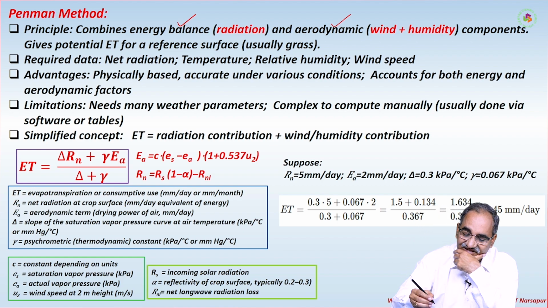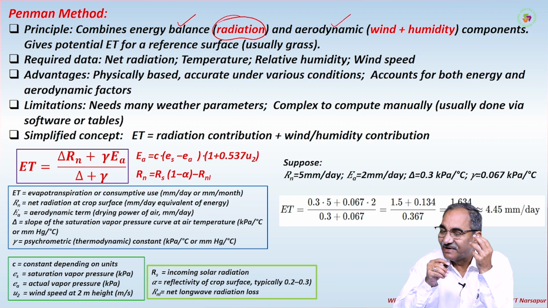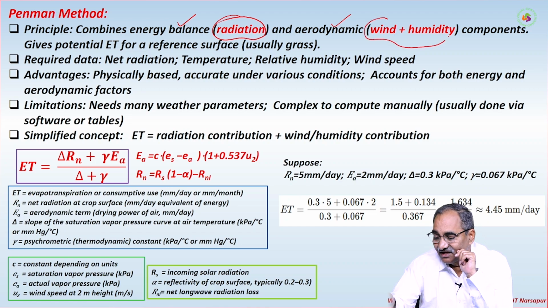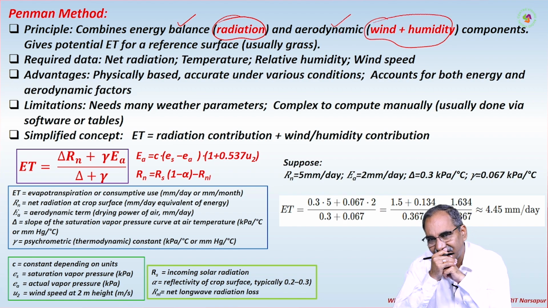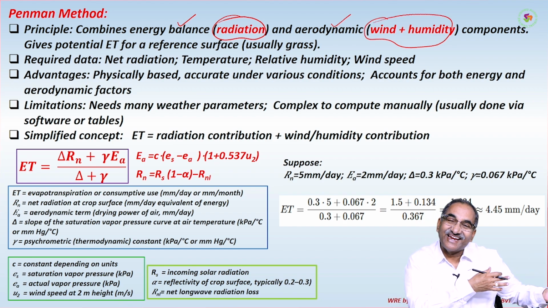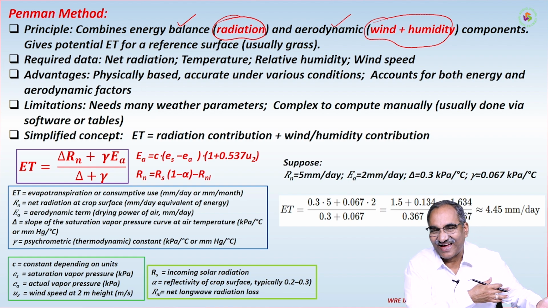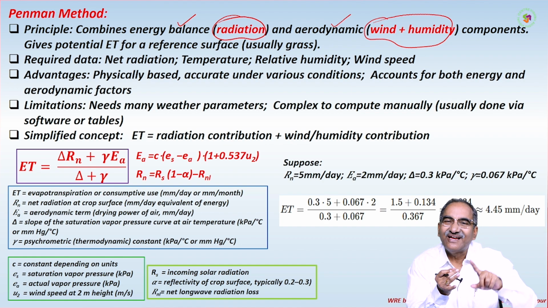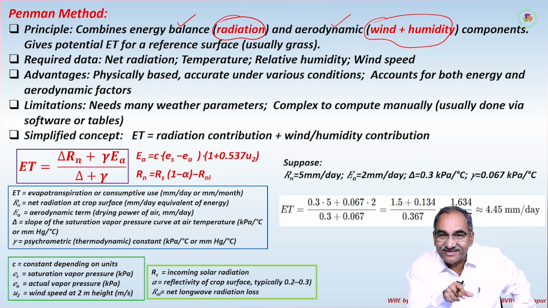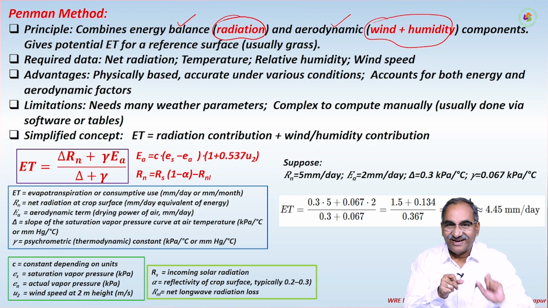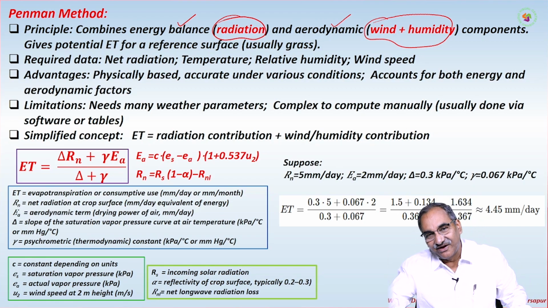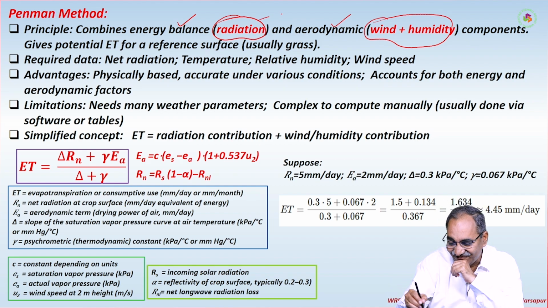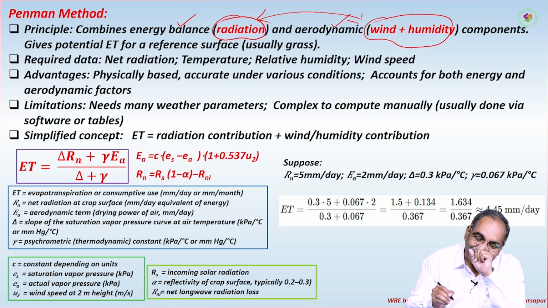What is the energy balance? It means radiation. So this method depends on, number one, radiation, solar radiation. Number two is aerodynamic factors, meaning wind and humidity. Blaney-Criddle has not taken these factors. Which factors has Blaney-Criddle taken? Only daylight hours and mean monthly temperature. Now what has Penman taken? Penman has taken solar radiation and also the aerodynamic factors, which are wind velocity and humidity. Based on this, we call that method